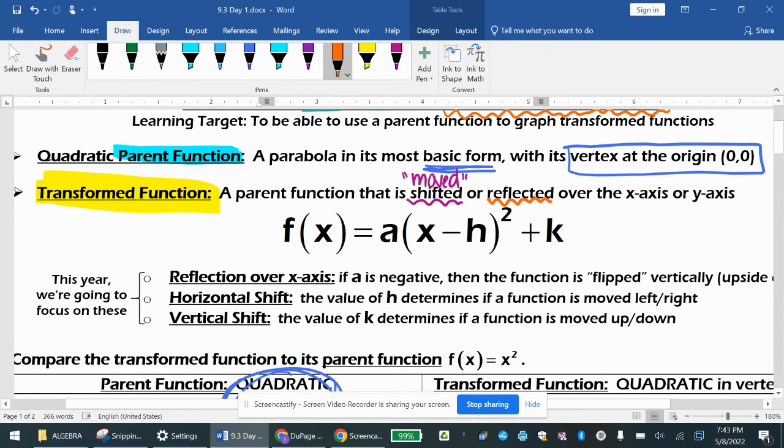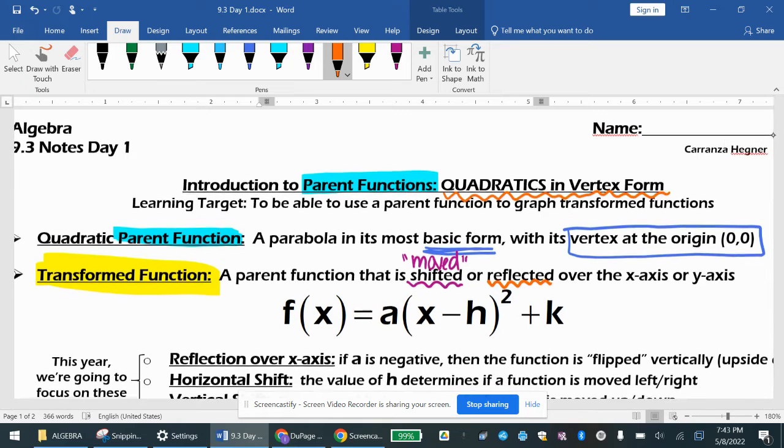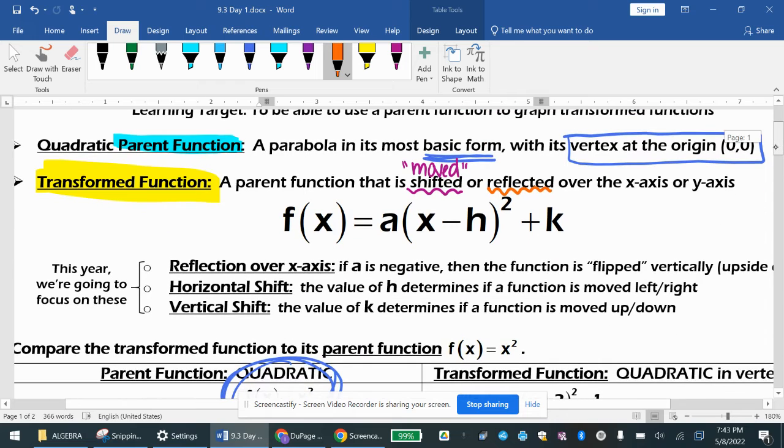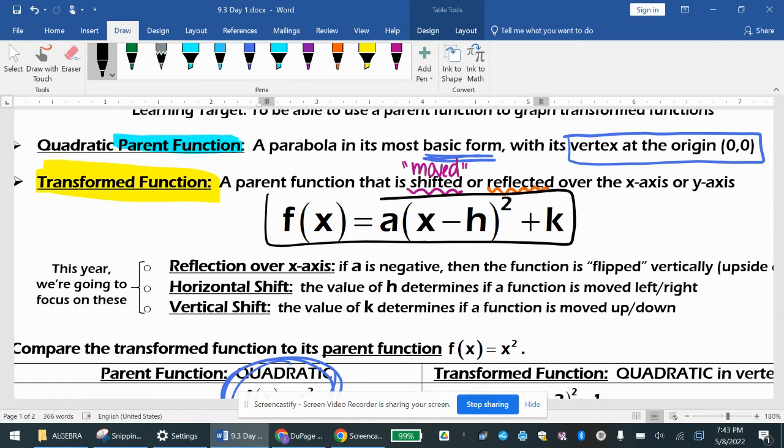So remember, if you remember the title, we're going to be looking at quadratics, parábolas, cuadrados, in vertex form. So in case you forgot, this is what vertex form looks like. Okay. It says vertex form